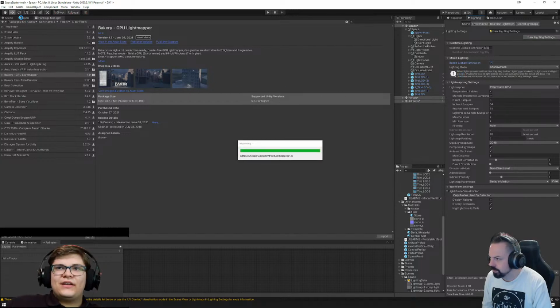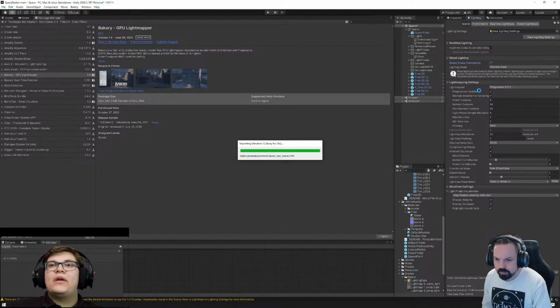So baked indirect is where it will only bake indirect light, and all the direct light, so shadows basically, will be real time, and all the indirect light will be baked. Subtractive is usually used for mobile games. Essentially, it's a really basic way of combining real time and baked light, where it'll bake shadows from static objects,